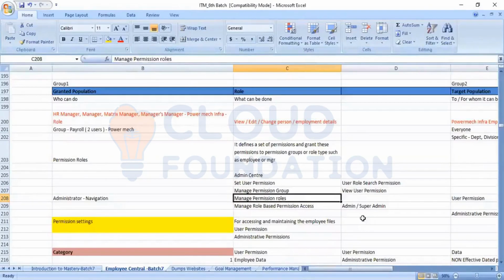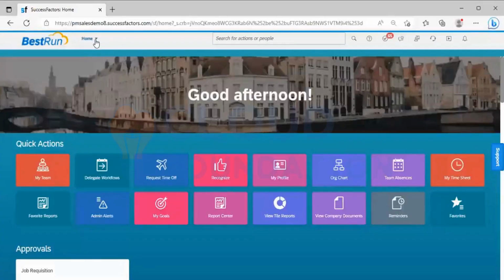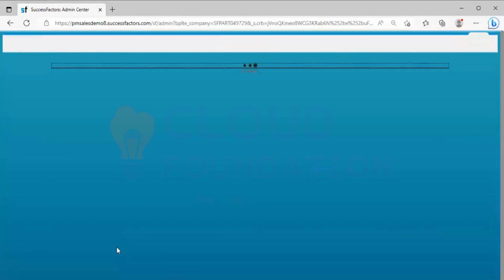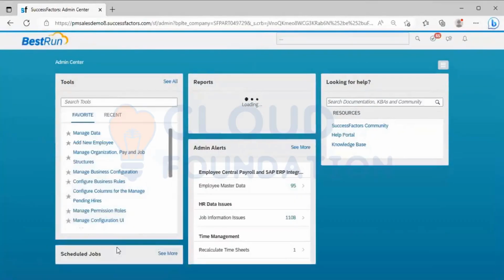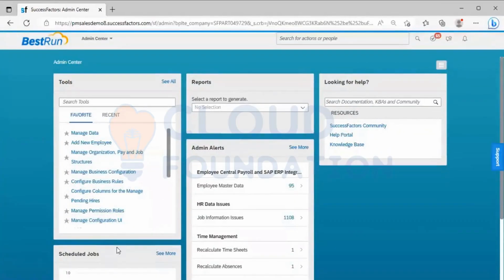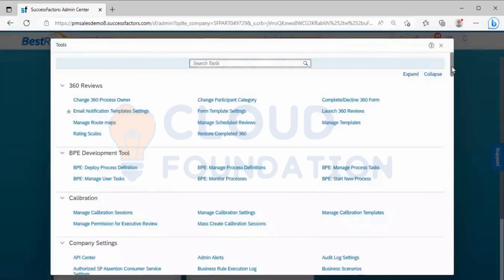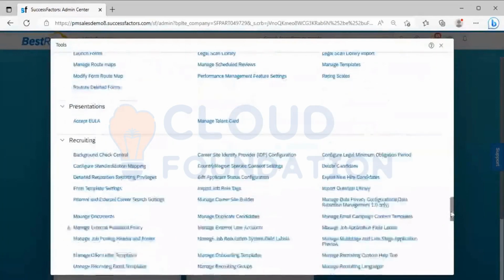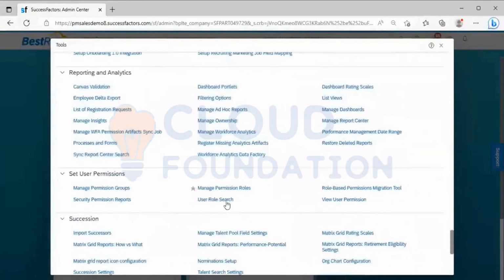Once you click on the permission role tab in the configuration tool, when I go back here into the admin center, into the tools here, now you can see permission.